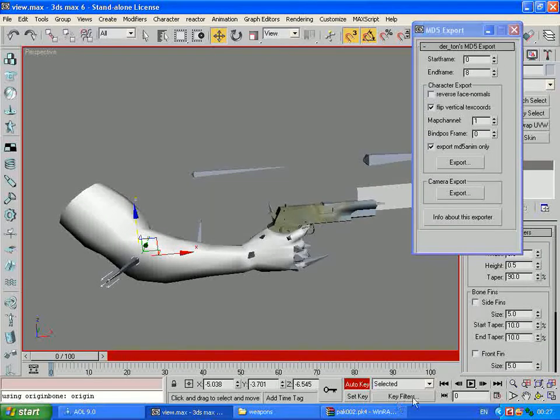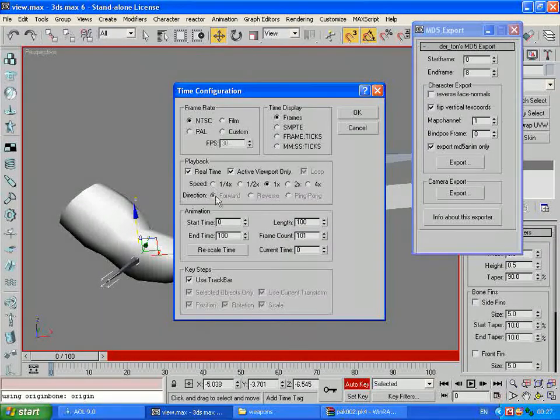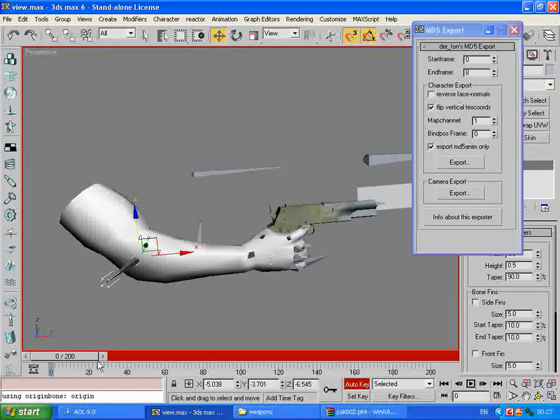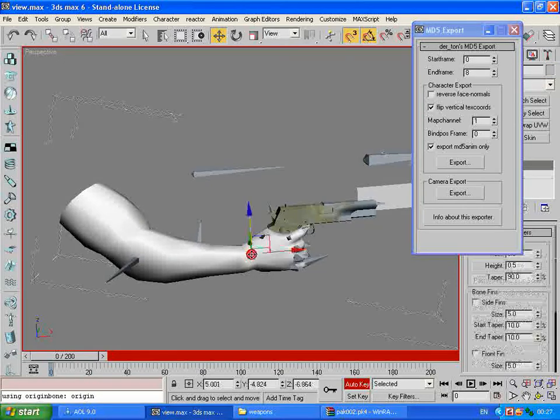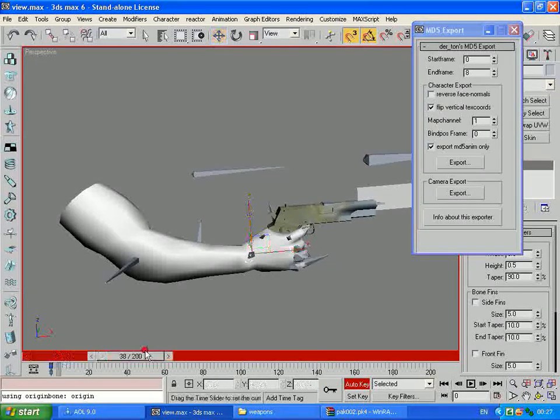So what I'm going to do is, if I click on the time configuration button down in the corner, and put the end time to 200, which will give us more frames. If I put a keyframe here, select the wrist joint, put a keyframe here and a keyframe at the end, so whatever we do in the center, it will always end up at its original coordinates. At frame 45, I'll put a keyframe there, and at frame 80, I think I'm going to